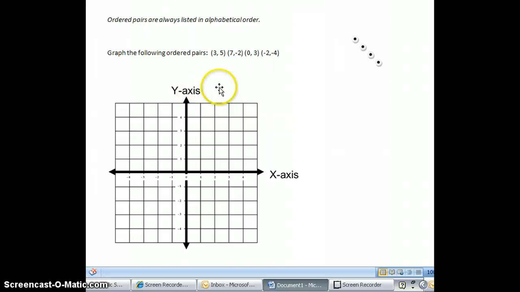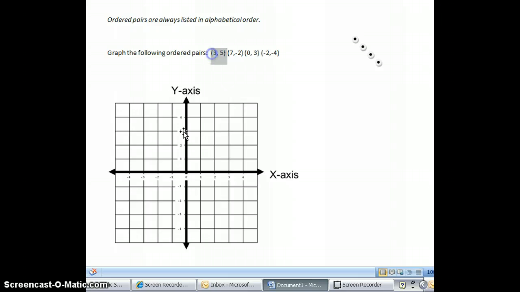The way I remember the y-axis being vertical is the letter Y. Notice the bottom of the Y has a vertical line and it matches the vertical line of the y-axis. So when we're graphing ordered pairs, for example, when we're graphing the ordered pair 3, 5,